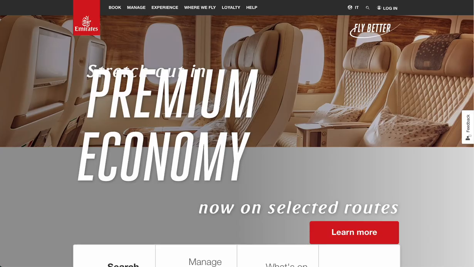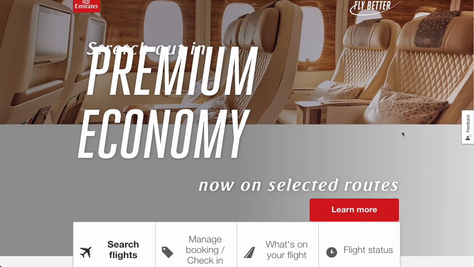So let's move on to Emirates. And this is interesting because in our last training, we saw how they had done a really good job on alt text. But let's see how they do on relative measures. On a first glance, it looks like text is resizing correctly. But this is a great example of how working on text size is not enough. We also have to use relative measures in interlines and content box sizes, for example. On the top, it's supposed to read stretch out in premium economy, but the text when resizing overlaps.